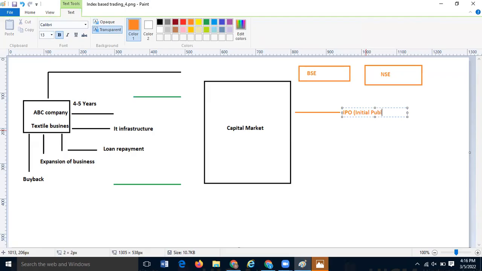Initial Public Offering. You can understand it just by the words. Initially, you go to the public and offer them. If they are telling you they need money, you are keen to know what their business is, because they are raising money from